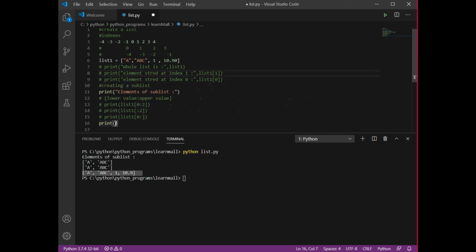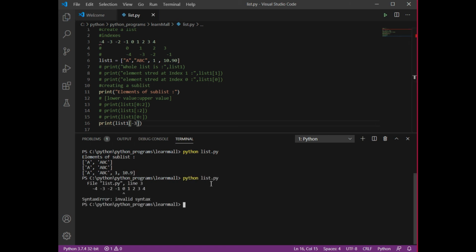So I'll write list1, and inside that I am going to write -3. It is going to give me the ABC. I need to make this a comment, since I have written this just in order to make you understand the things. Let's run this. See, it is going to give me A, B, C.